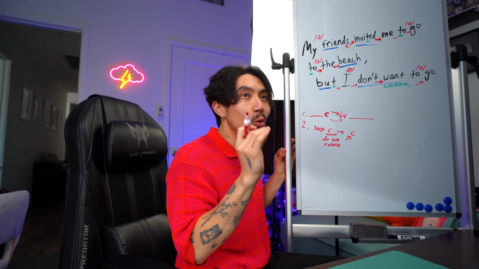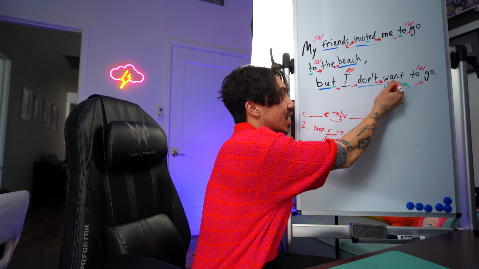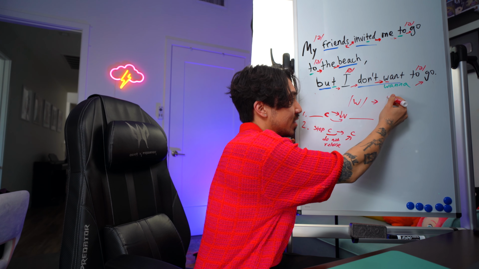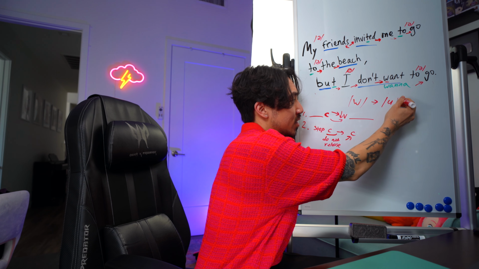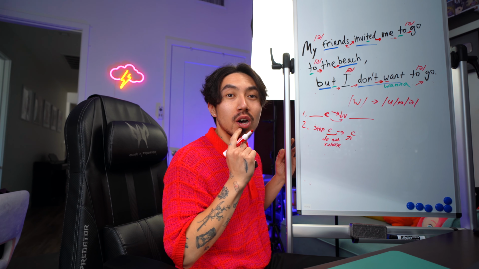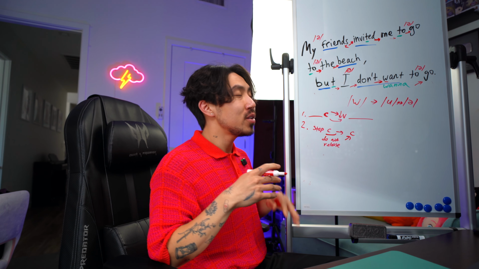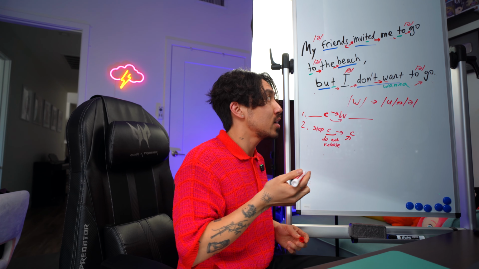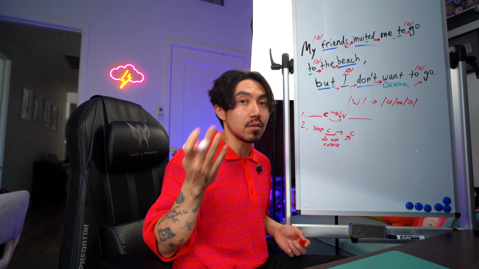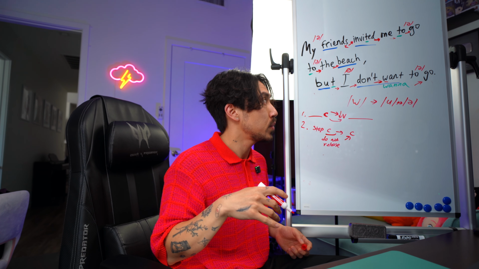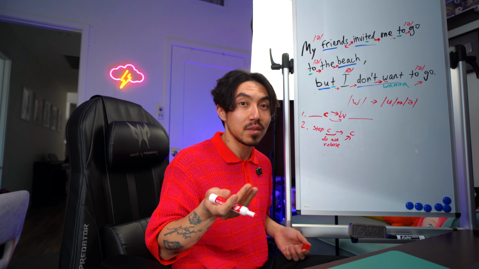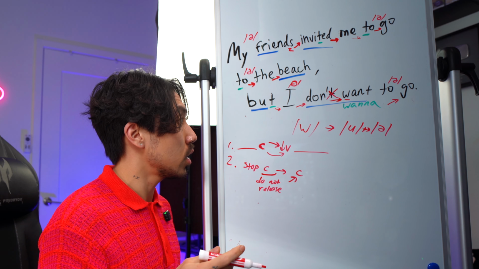Don't wanna, right? This sound is a little weird because the W sound is actually, well, it's kind of like ooh that transitions into w. So you can treat it sort of like a vowel sound, but T's, we have a stop T, which is a T at the end of the word where we don't release it usually. So do the same thing here. Don't wanna. So that's what we do here.